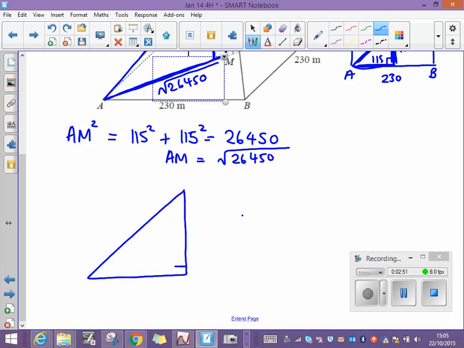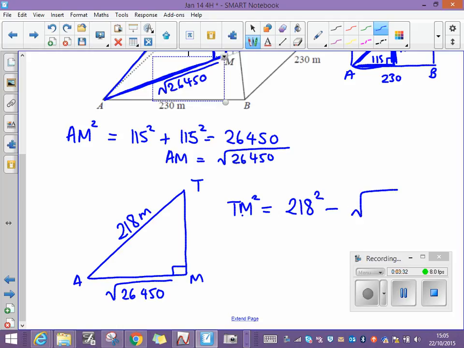We now want to find that length x, which is the height of my pyramid. I know that this is A, this is M, and that's T. From A to T, that's my 218 meters. And this is the square root of 26,450 meters. Now, in order to find TM, by Pythagoras, I know that TM squared plus AM squared will equal 218 squared, or in other words, TM squared is going to equal 218 squared